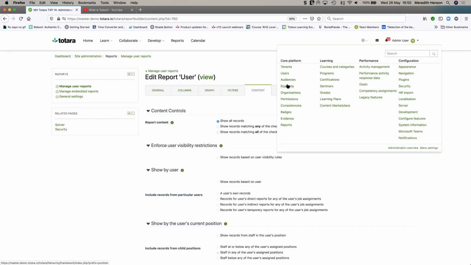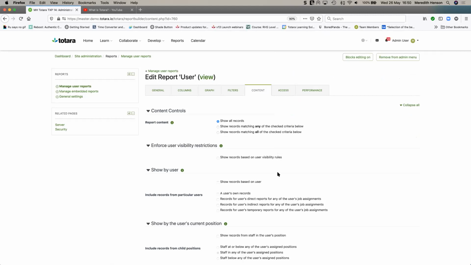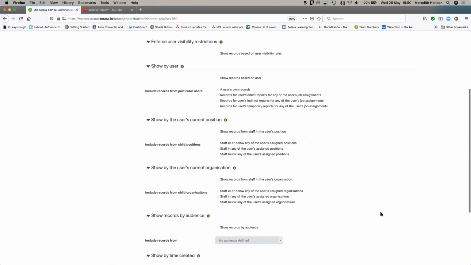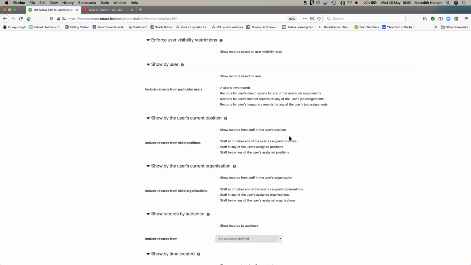And users can be associated with these positions and organizations, which allows you to create those dynamic audiences, as well as a range of other functionality, but primarily across reporting. It allows you to filter the reports or the content of a report based on an individual's position or organization. So that means you can have a single report which will service many, many different users. So let's say a regional manager.